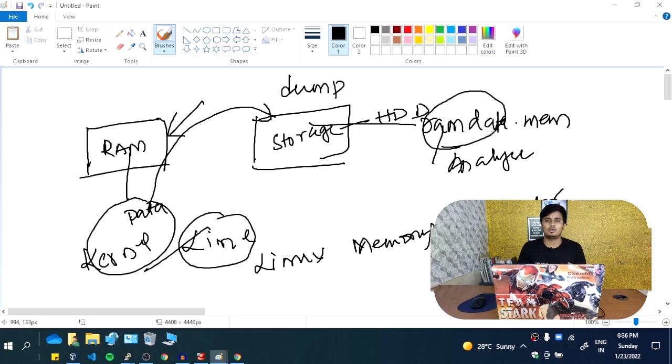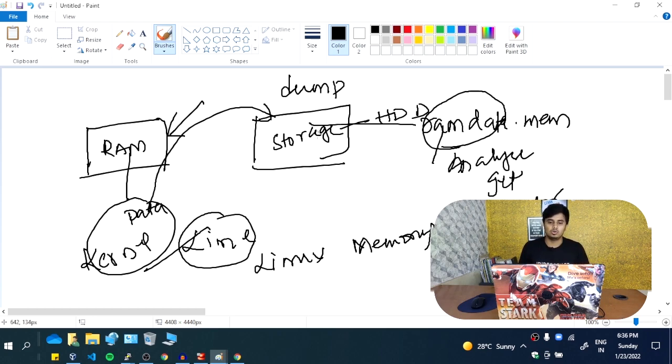All the processes that are running, all that information, usernames, passwords. Whatever encrypted data was stored in your hard disk would be decrypted and stored in your RAM. All the crucial data will be stored in your RAM. I will tell you shortly what types of data are stored in RAM. All of it will be present in the RAM, but we don't need all the data. Whatever data I want, I will analyze what is in RAM and get that data. This is the procedure we will be following.